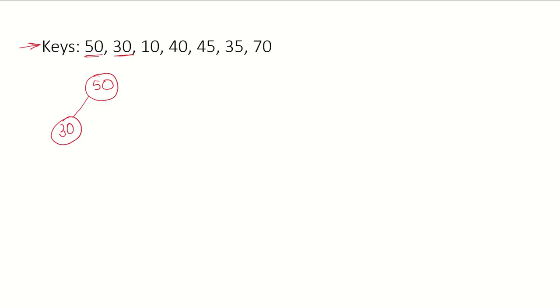of this root node. What is the balance factor of each node? For this one, it is 0 minus 0. 0 is the height of the left subtree since it is empty. This is the height of the right subtree, so since again it is empty, 0 minus 0 is 0. For the root node, the height of the left subtree is 1, this edge, and the height of the right subtree is 0 because it is empty, so it is 1. Since the balance factor is 1 and 0 for the nodes, we say that this is a balanced AVL tree